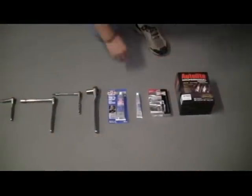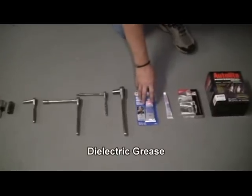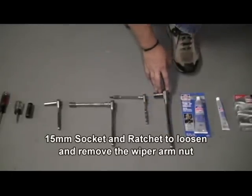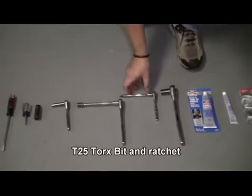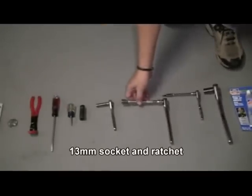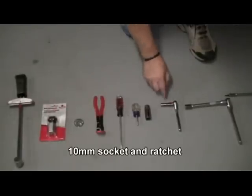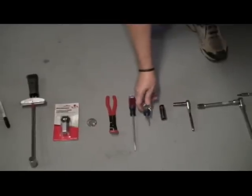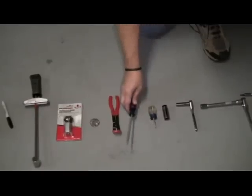Now we're going to go over the tools that we used for this project. These new spark plug wires, some spark plugs, some Anti-Sieze lubricant, some Dielectric Grease for the spark plug wires, a 15mm socket and ratchet, a T25 Torx Bit and ratchet and small extension, a 13mm socket and ratchet and extension, and a 10mm deep well socket and ratchet. We also need a 5/8 spark plug socket, a short Phillips head screwdriver, a standard screwdriver,